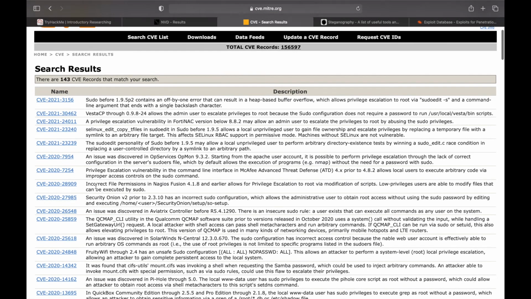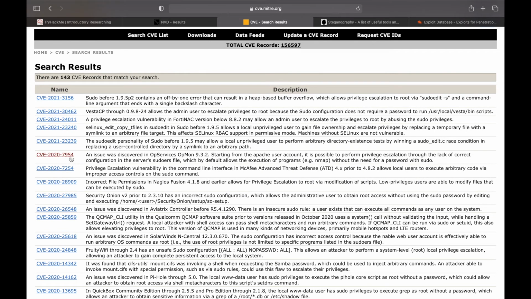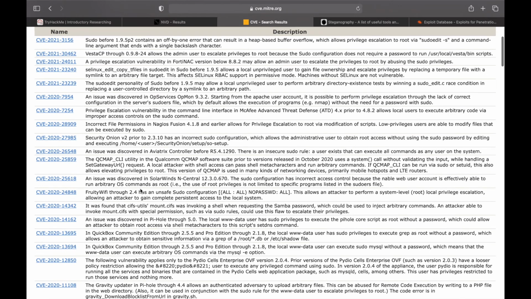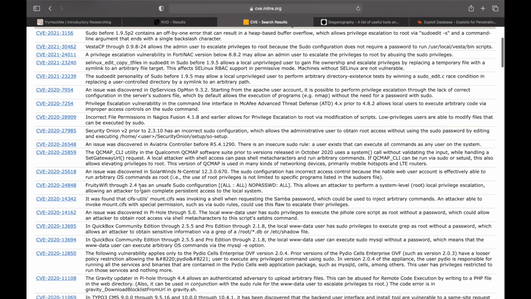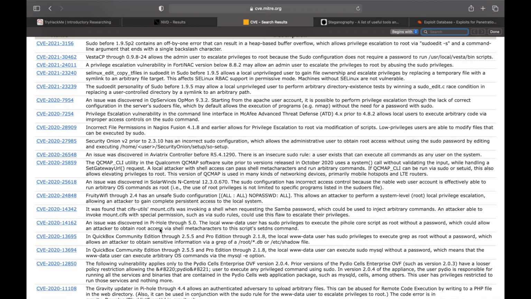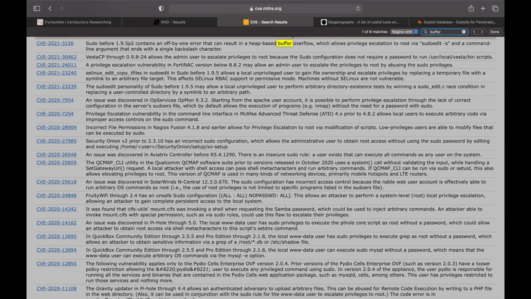So in 2020, here we have some 2020 privilege escalation. These are the privilege escalation. We need to look for buffer overflow. Let me check for buffer overflow.